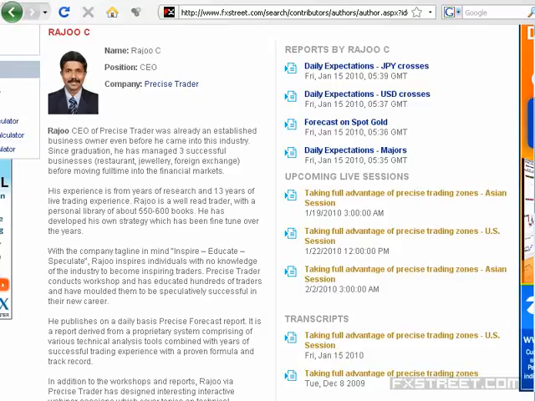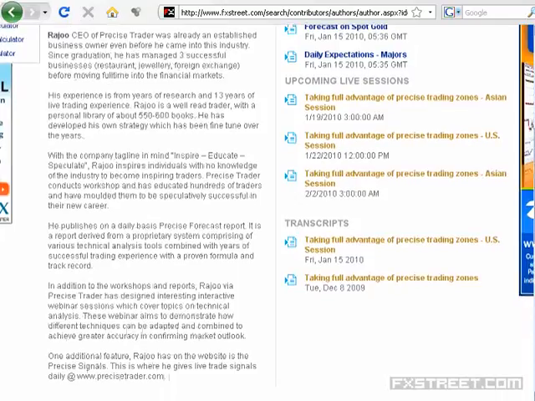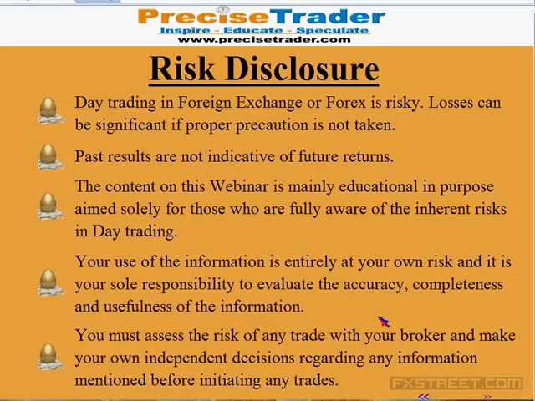The agenda we are going to talk about today is taking full advantage of precise trading zones. Basically, what we do is we concentrate on about 37 crosses, right? And this session will be a live trading session. Of course, if there is a signal, we will take live trades. If there isn't any signal, we can also use the session to discuss